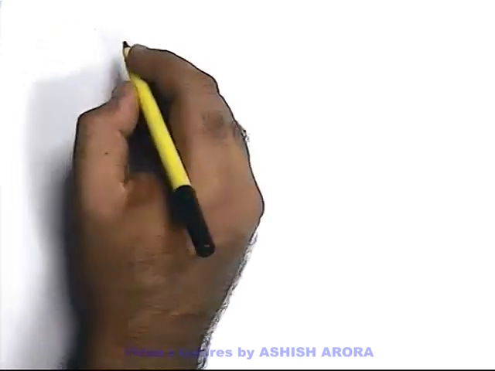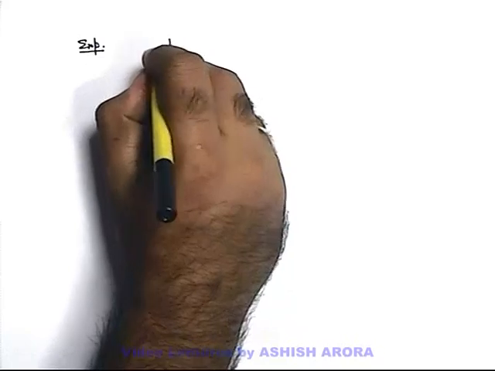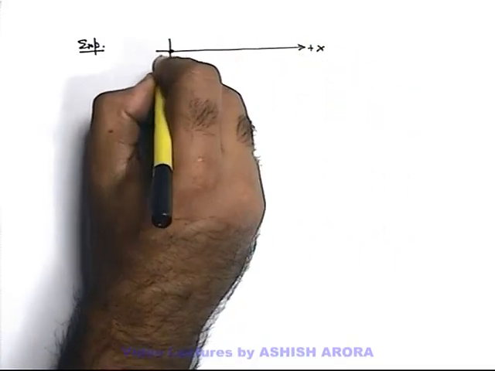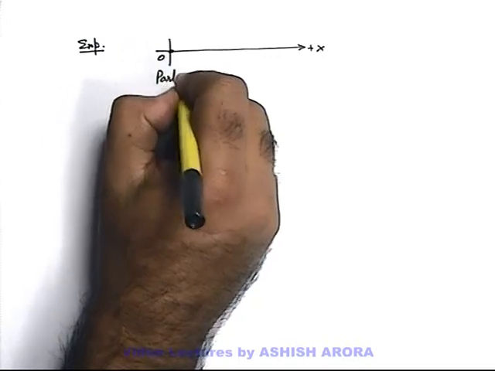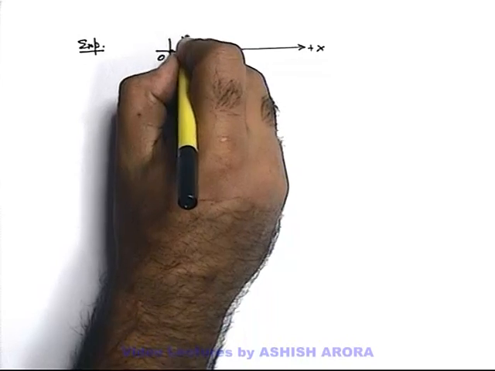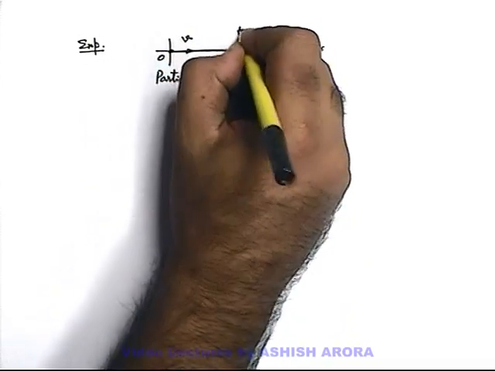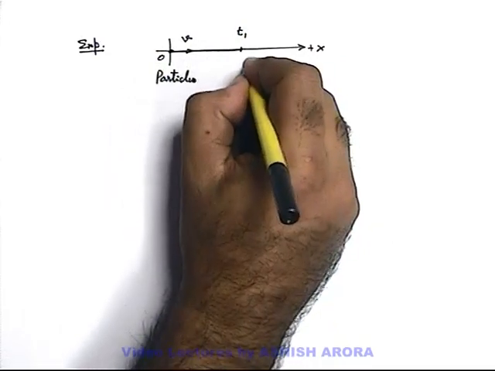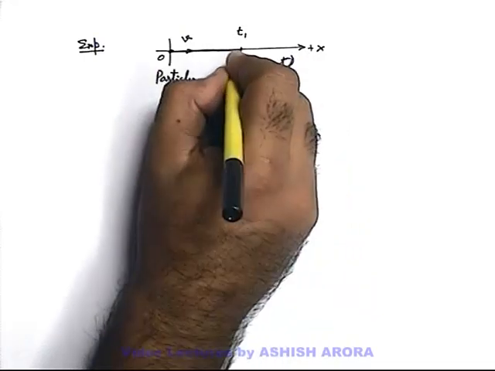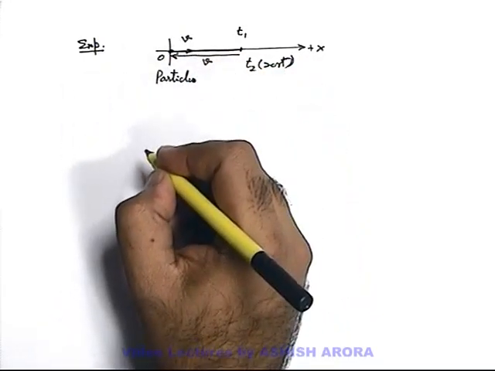Similar to this, if we just consider an experimental situation, say along the positive direction of the x-axis, from the origin a particle starts. It moves with a velocity v, goes up to a particular position in a time t1, then for a time t2 it remains at rest over there, and then it comes back to the origin with the same velocity v